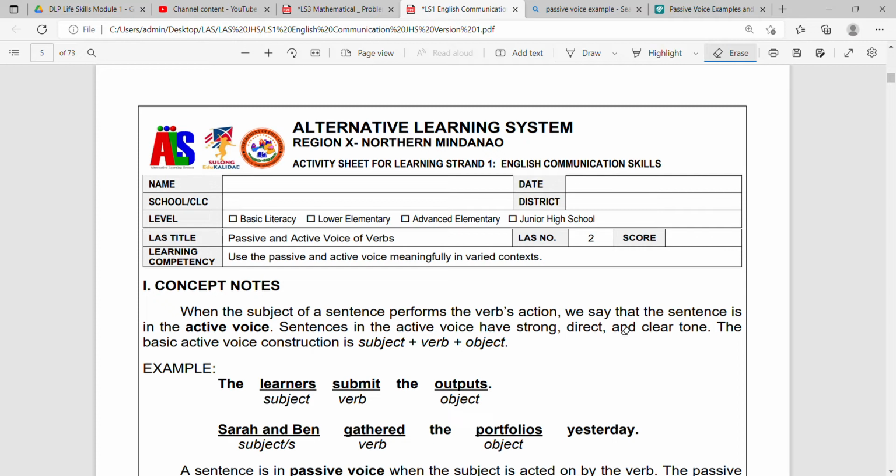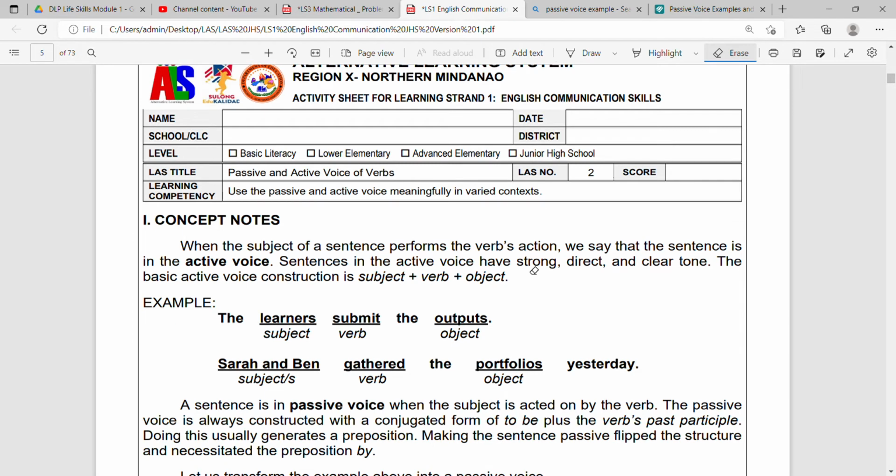Maghatag kita og little review about passive and active voice of verbs. Okay? So this one is for junior high school learning strand 1 English communication skills. Last number 2. So, ang learning competency nga dapat nato ma-achieve, we will be able to use the passive and active voice meaningfully in varied context. Now, for the